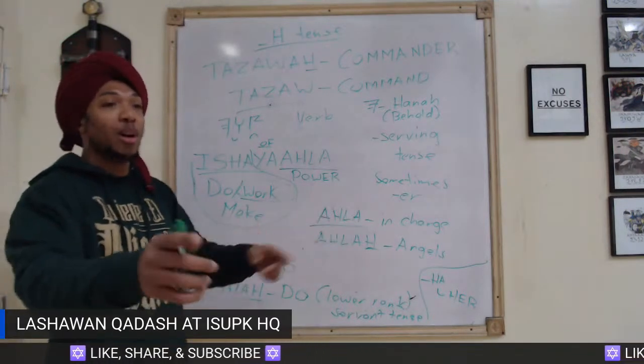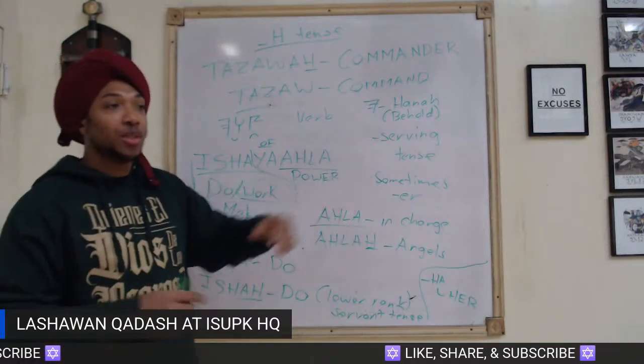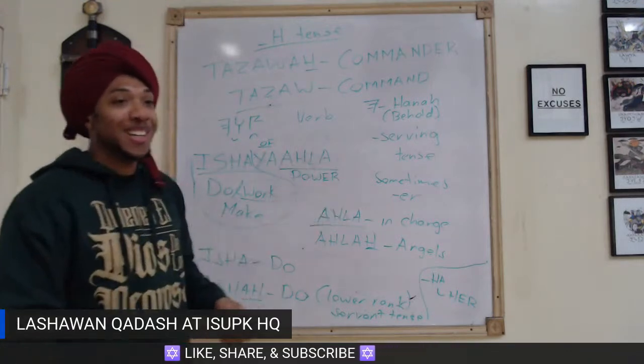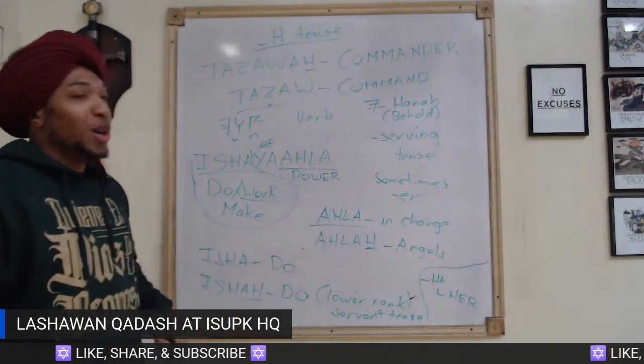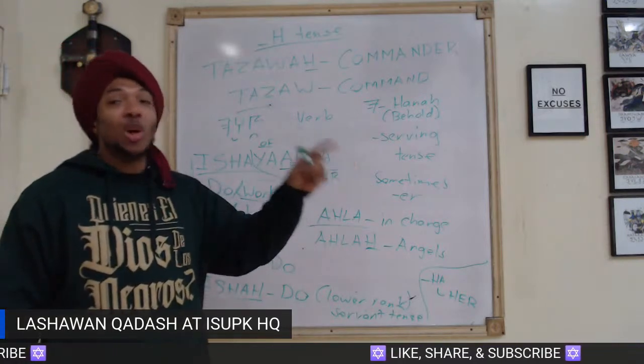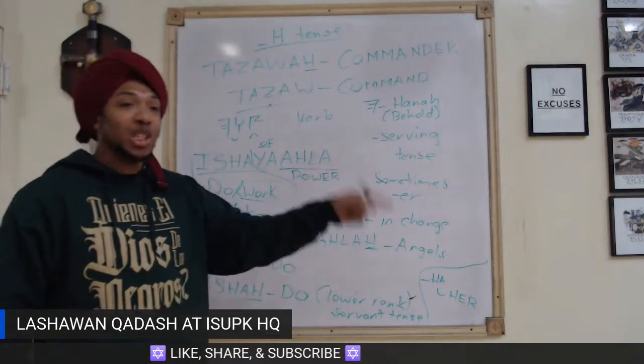A while ago, you brothers were talking about slavery and getting degrees and certificates. You go on a job, what do you do? They tell you what to do. You get a job to be in charge, to be a manager. You get there, someone tells you what to do as a manager. They tell you what to do to be in charge.